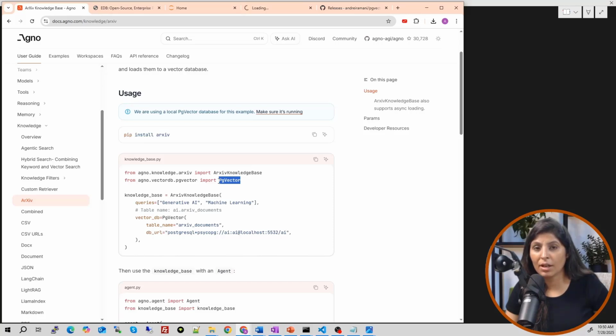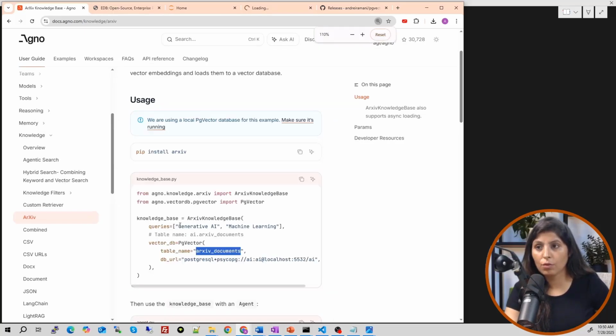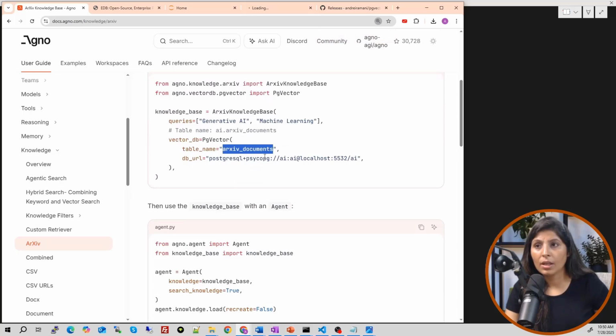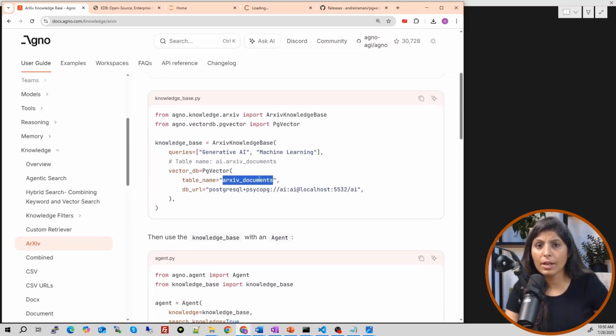The relevant papers we get related to these two fields will be stored in the PostgreSQL database. Inside the AI database, we are going to have an archive document table, and in this table we are going to store the embeddings of those latest papers.